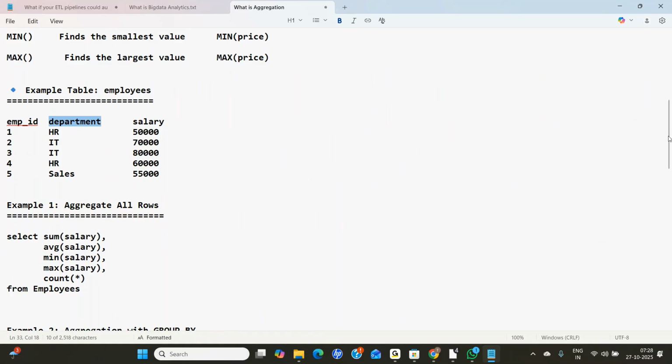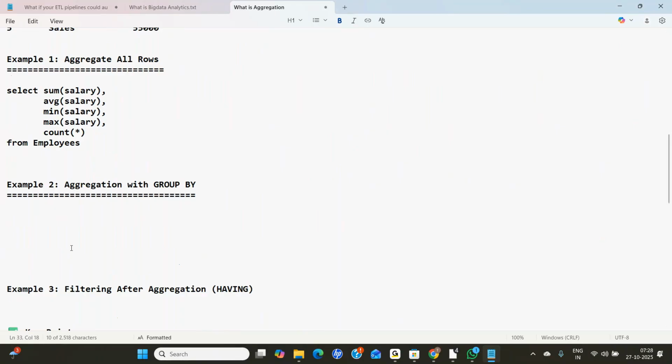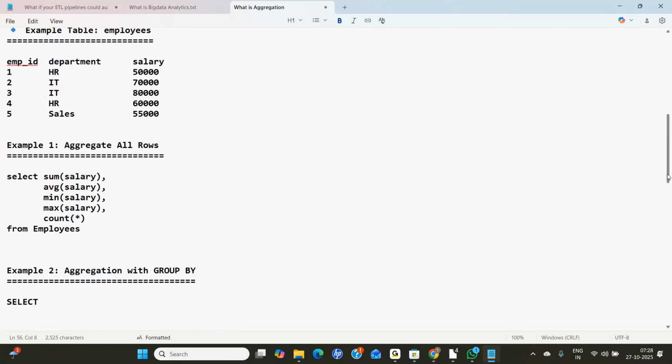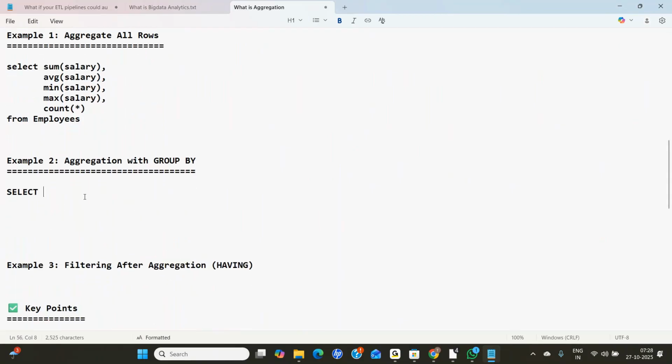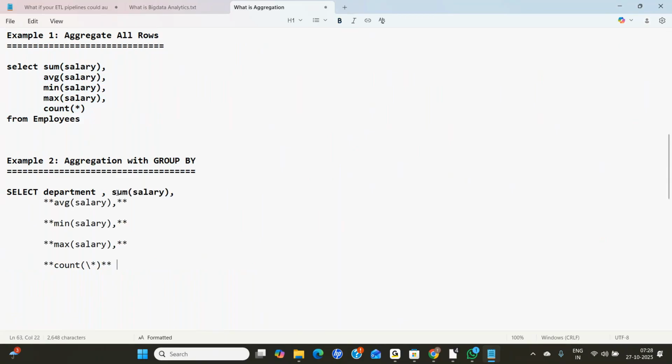Yes. So now in this case, I'm writing a select query. Select department, and what's the column name given here? Yeah, department. Select department, comma, and sum of salary, and average of salary,